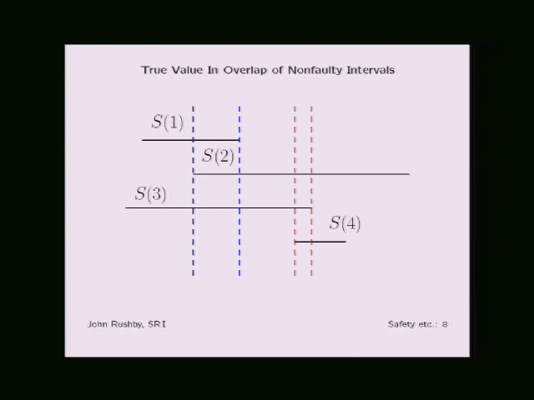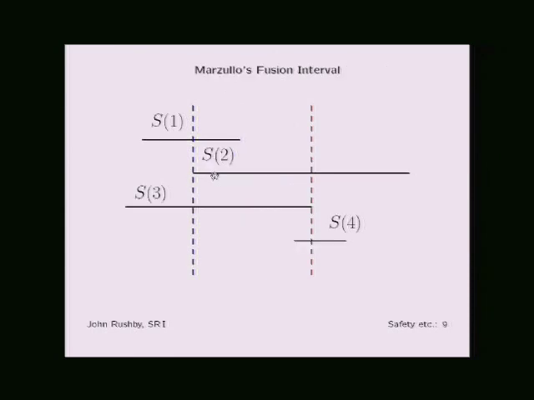Okay. Anything else? Okay, so those are all problems. I guess the good thing about this scheme is that the interval certainly contains the true value, right? So that's the interval that they would compute with Marzullo's technique. Now, there's one more problem with Marzullo's algorithm which didn't come up, which is that it's not very robust to slight perturbations in sensor values. So suppose for example, the sensor 4,